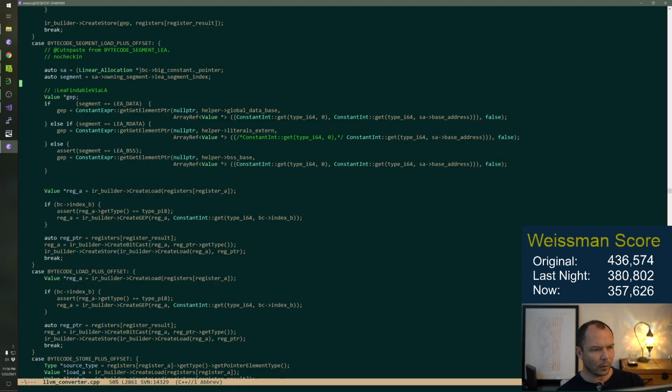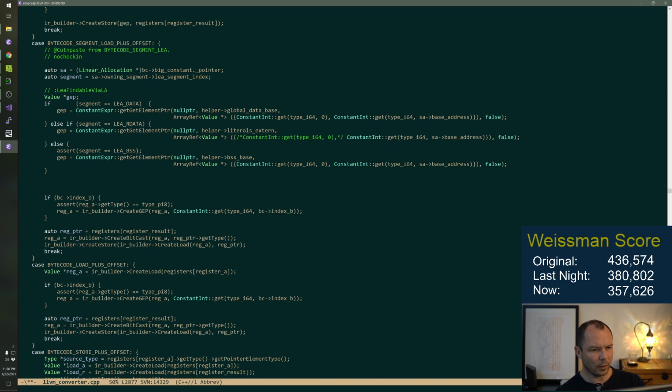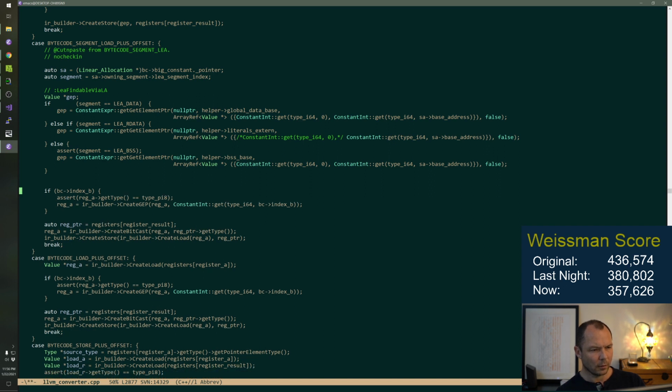Okay. So we do the gap. And then we add the offset.